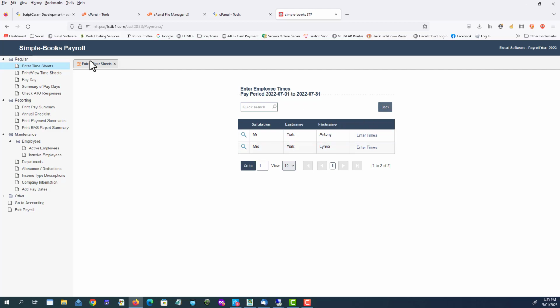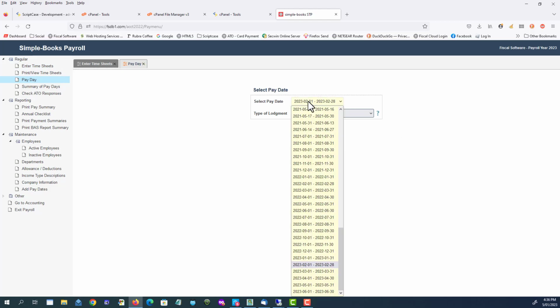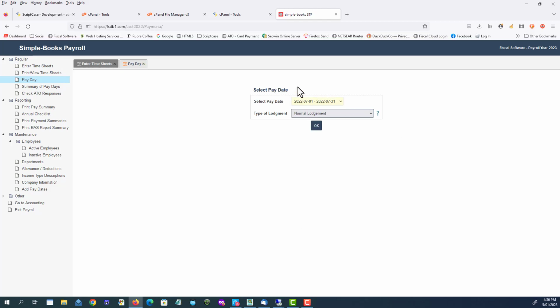Now the next thing, of course, is the payday. So we'll look at that now, and we'll go and select the pay period. Now this is going to be a normal lodgement, but you can have a full file replacement where there's been no financial details changed, and you can also have a full file replacement where there have been changed financials. That's one way of correcting errors and things like that that may have happened throughout the pay periods. So normal lodgement, click on OK,